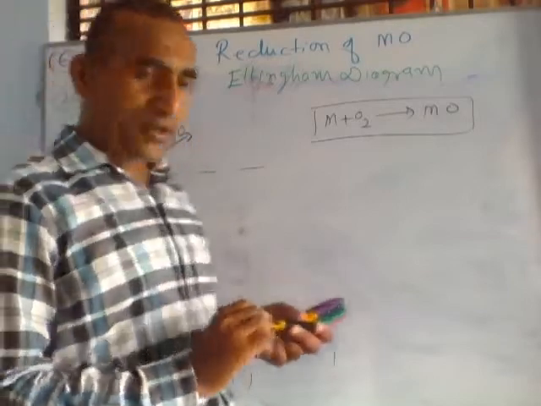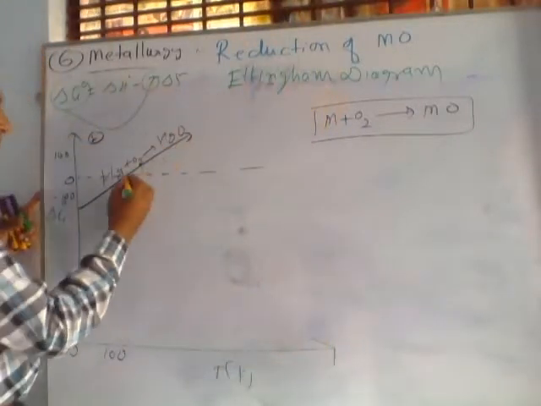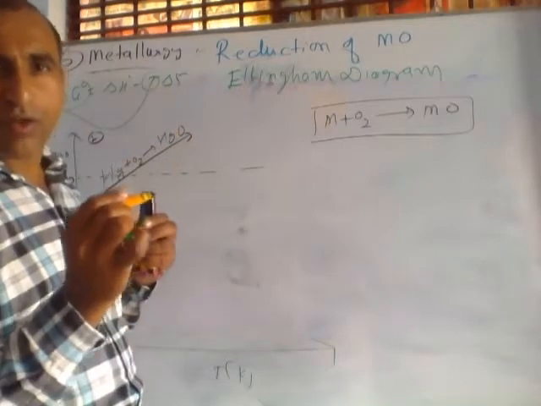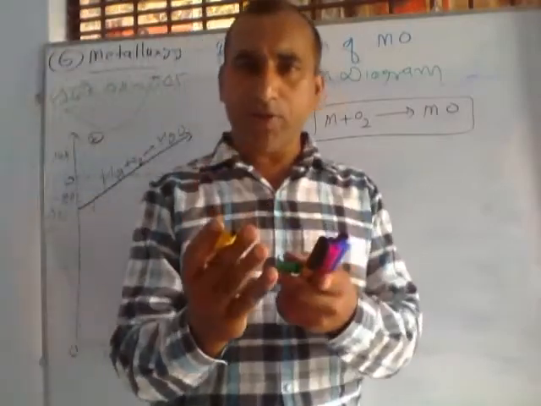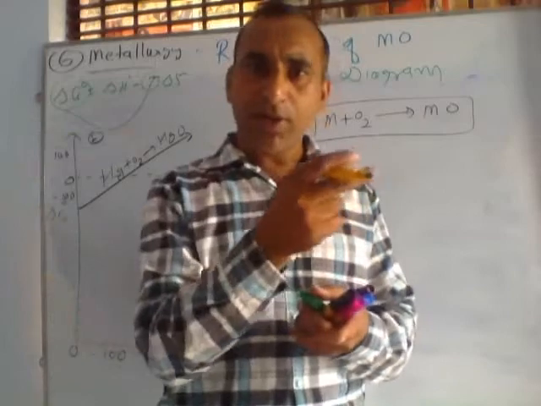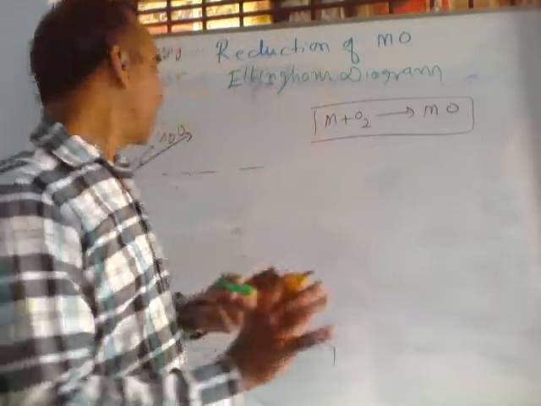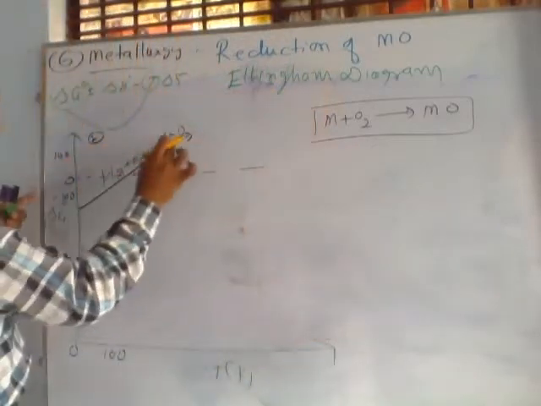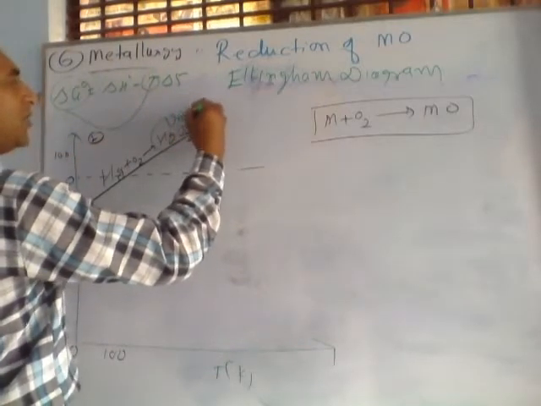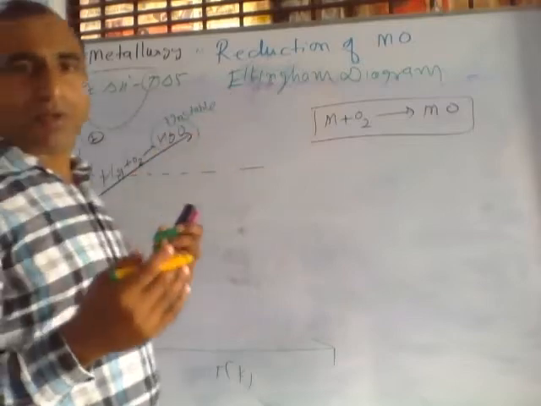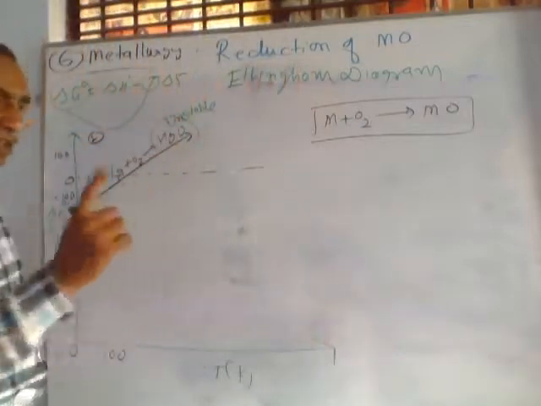So what is this line indicating? If the straight line crosses the value of del G 0, it means that above the 0, the value of del G becomes positive, and positive means the reaction becomes reverse. Below the 0 value, the reaction becomes forward. For a forward reaction, the del G value should be negative. So above this 0, it represents that mercuric oxide is unstable, and at higher temperature it decomposes, the reaction becomes reverse. Below the 0 it will form. So this is the first point.